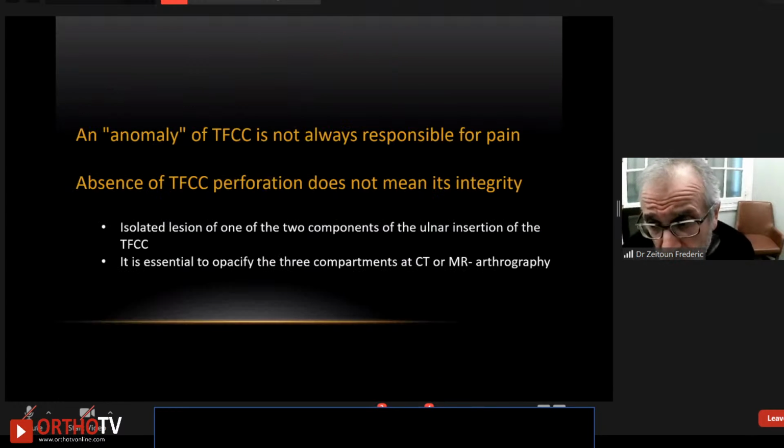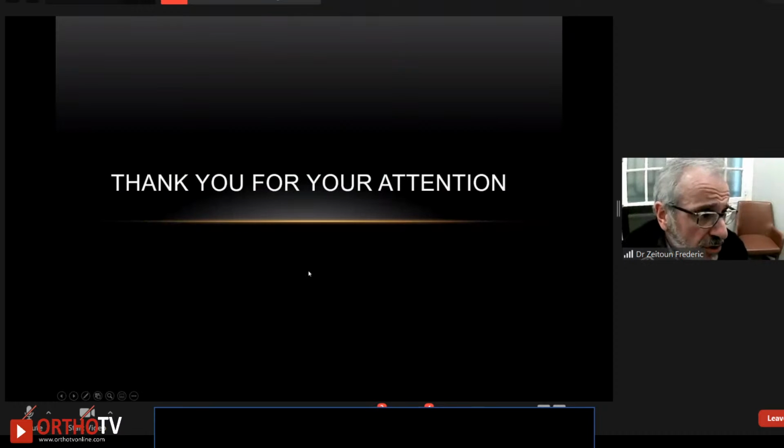Finally, it should be remembered that the TFCC anomaly is not always symptomatic, and that it's necessary to always opacify the three major compartments of the wrists in CT arthrography or MR arthrography because there are lesions isolated from only one of the two proximal or distal components of the ulnar insertion of the TFCC, and you can't see them if you only inject one compartment. Thank you for your attention, and now